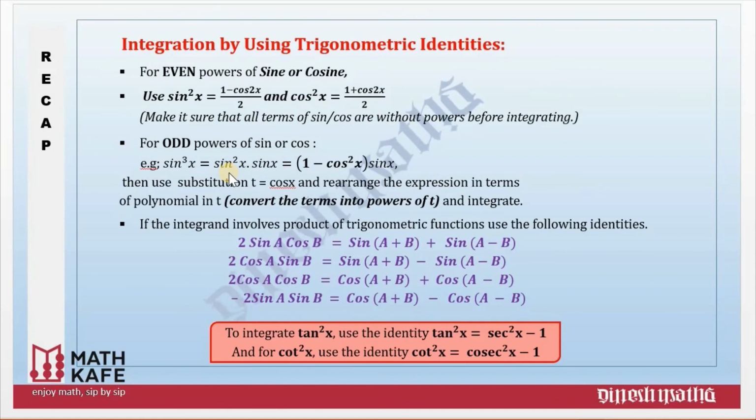In this video we have seen integration of trigonometric functions, especially with even powers: sine, cosine, then tan, cot, sec and cosec. And keep in mind these formulas are very useful, and you need to memorize them very well.